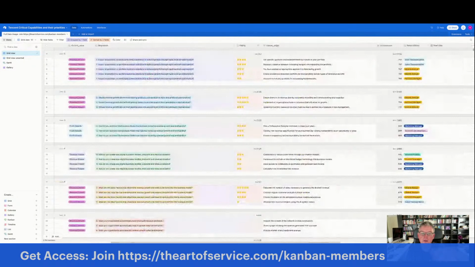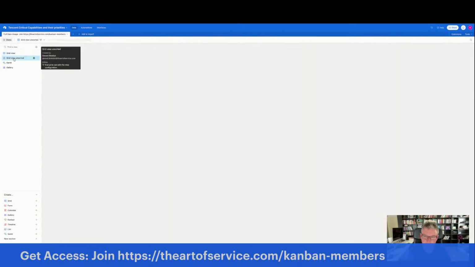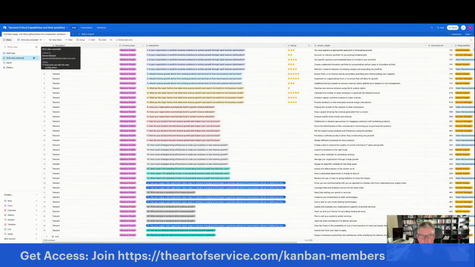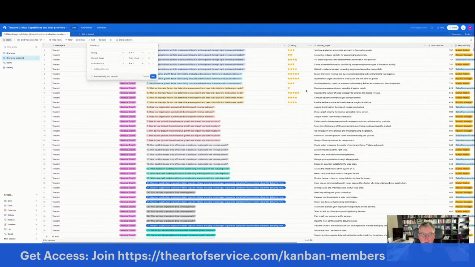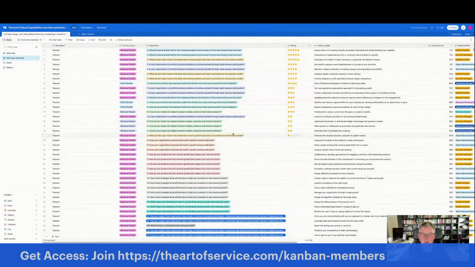And if I do 100, I obviously get much better results than we have here. But now what I'm seeing here is I get to see what areas we need to focus on. If I go to the grid view unsorted, and that's all the questions that are in there as well, and I sort this on rating, 9 to 1, done.